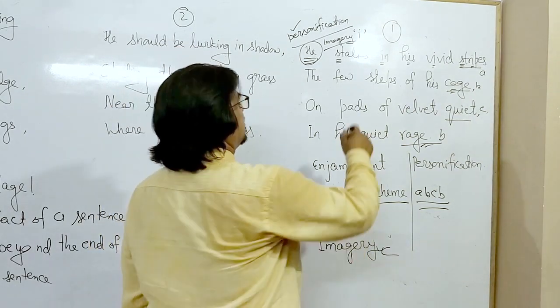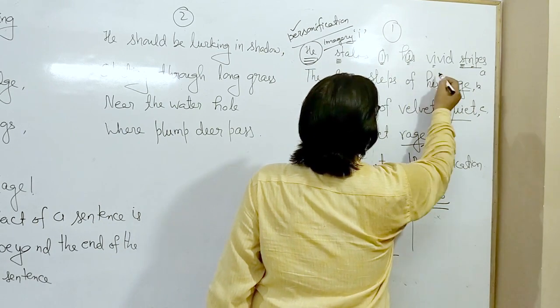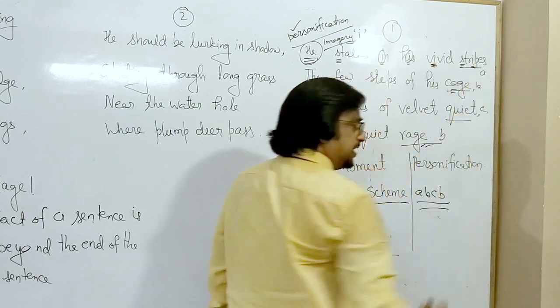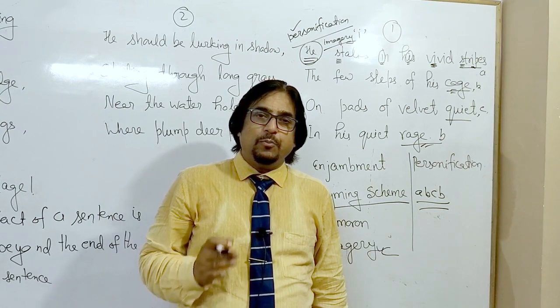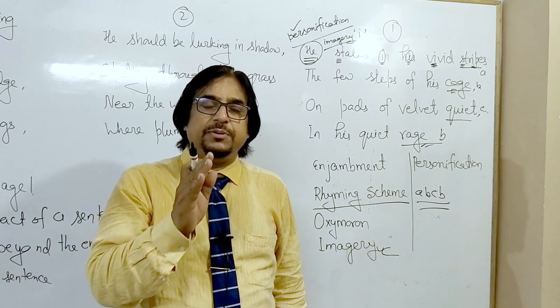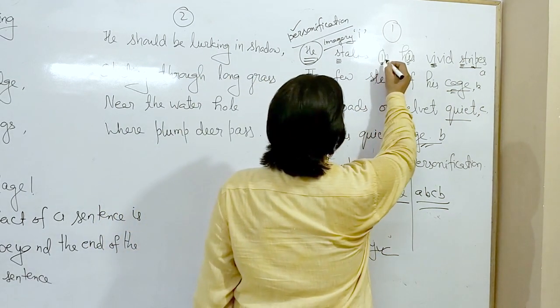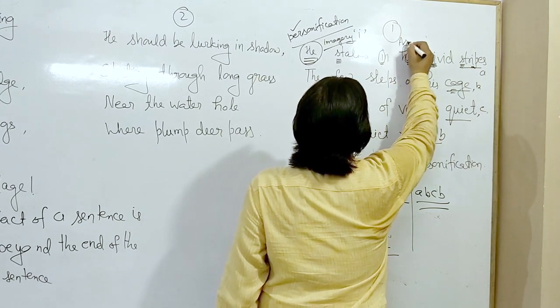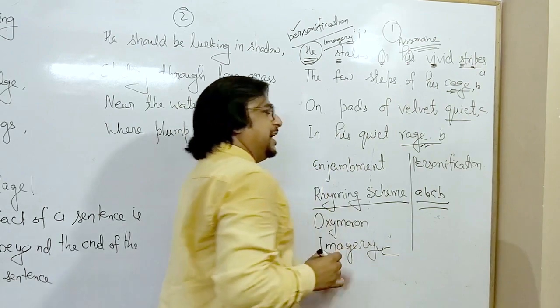Now, one thing, here "I". When the vowel sound is prominent, the poetic device assonance is there. So here we can say that in "I", the assonance poetic device has been used.